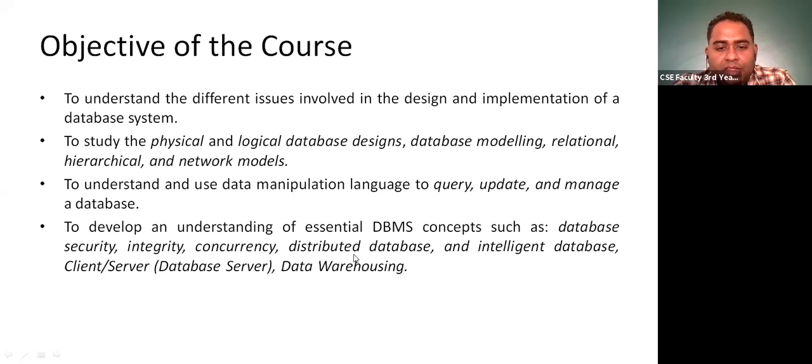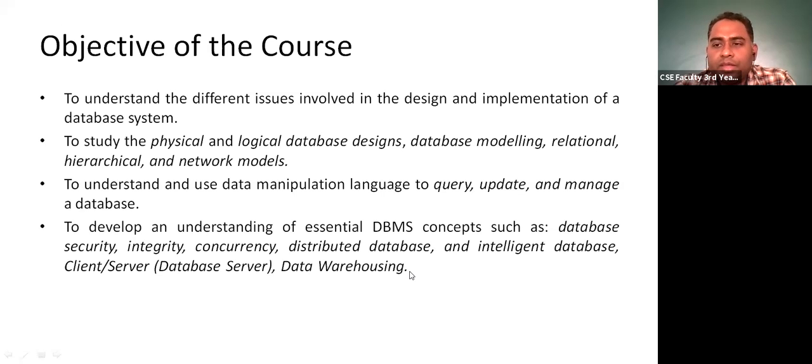Then we'll see how distributed databases are used. You know that in a railway reservation system, the database is not located in a central place or a central server. It has been distributed, and different locations can access the same database. Next there is an intelligent database, and those things we'll study in a data mining class. Then there are some architectures, whether it's a client server architecture, a two-tier architecture, or a three-tier architecture. And then there is data warehousing.